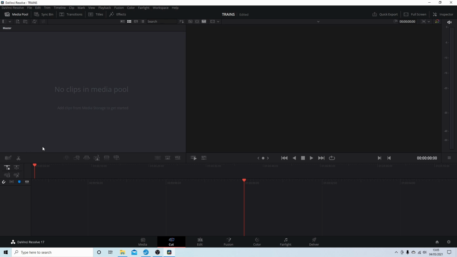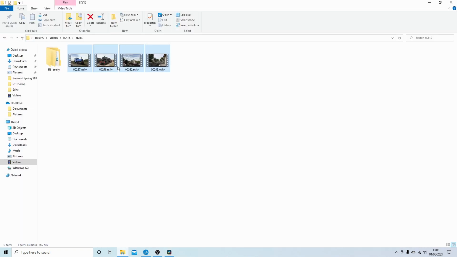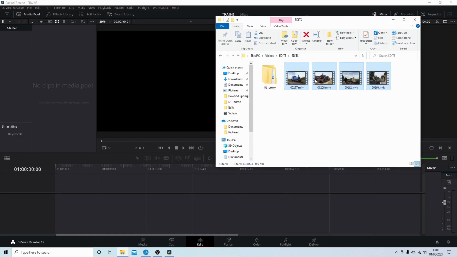And I use it quite a lot, but probably the better way is to go into something down here called edit. Now you've got this bin here, it will say no clips in media pool. What I always do with every video editor that's worth its weight in money, or in this instance is free, I always have my videos selected first of all. Just reduce the folder in size, just drag these videos